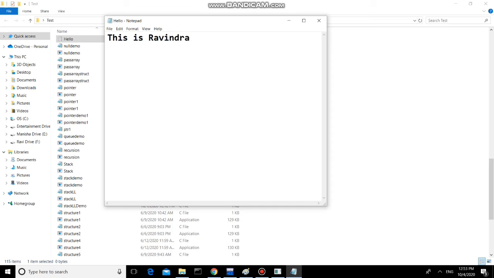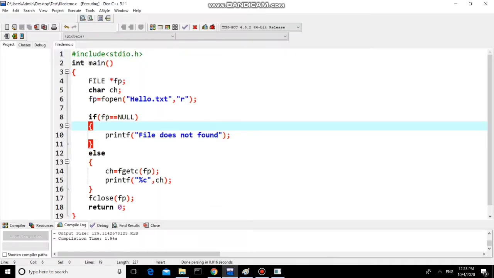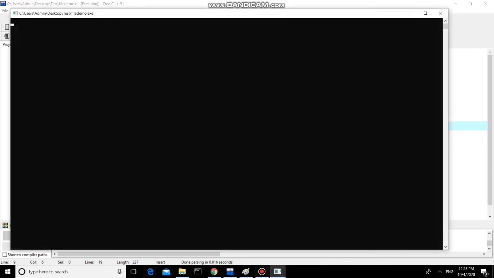These are my contents. Okay, I have saved this file and now see the output. Compile one more time and run one more time. So you should get the t value. Yes, you are getting output t. So you are able to read the single character and you have printed that single character on the output screen.